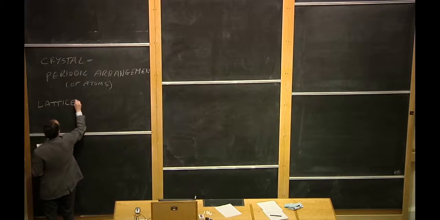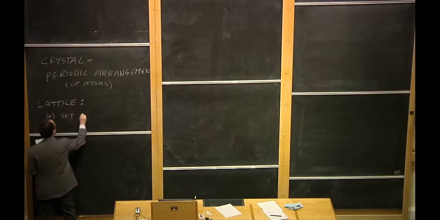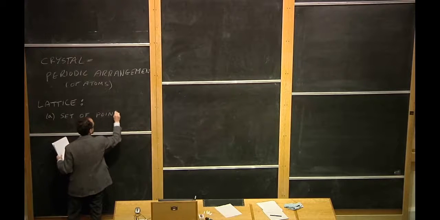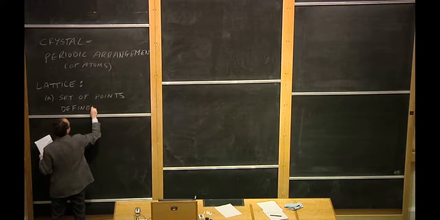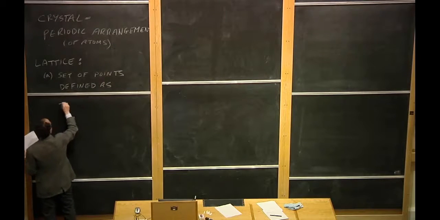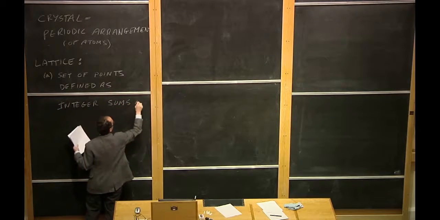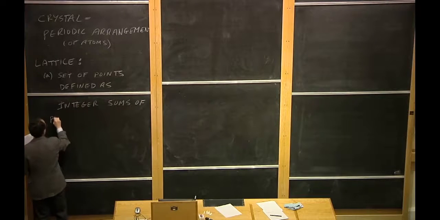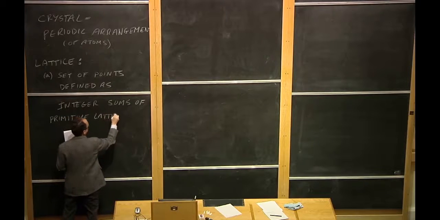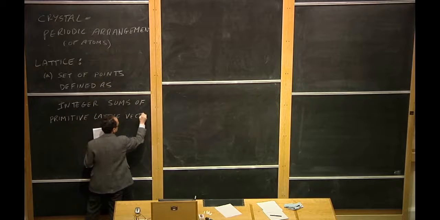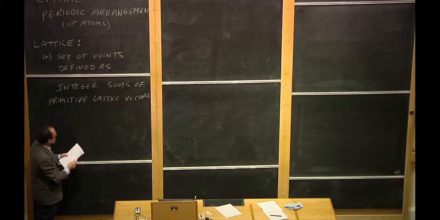A lattice. So definition A, maybe the most useful, is it's a set of points defined as integer sums of, here's another word, primitive lattice vectors. Okay, now, I'll explain what primitive lattice vectors are in a second, but here's a case where